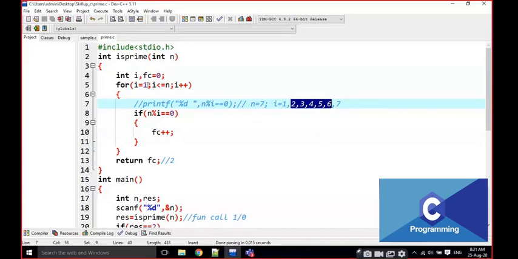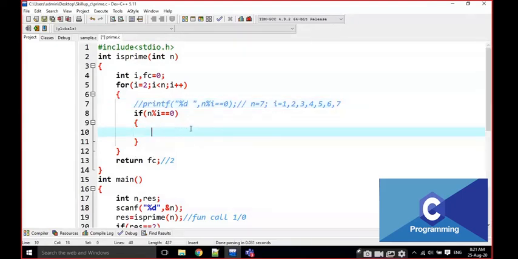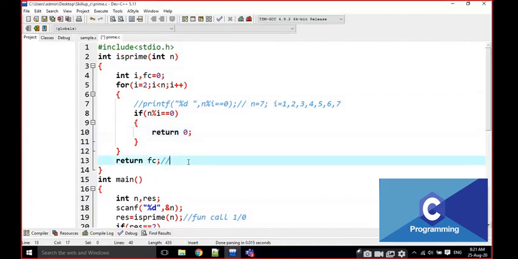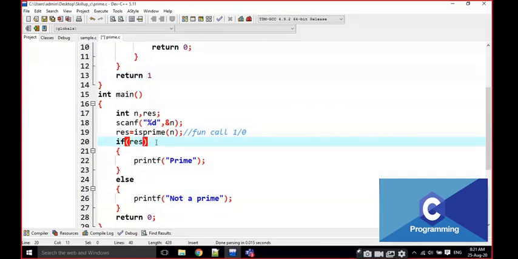7 is not divisible by other numbers, only 1 and itself, right? The same thing. That's why, to minimize this loop, I am going to write 2 here and n minus 1, or less than n. I am not checking the first value and the last value. If the number is divisible by any i value, that is not a prime number. That's why I am passing 0 here, and for example 1. Instead of 2, here I am writing the result. That's it.